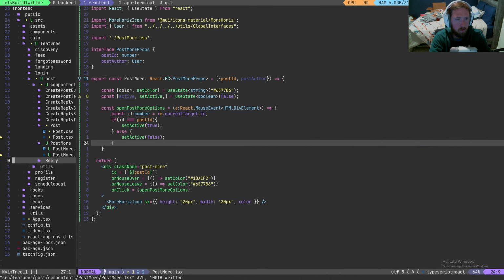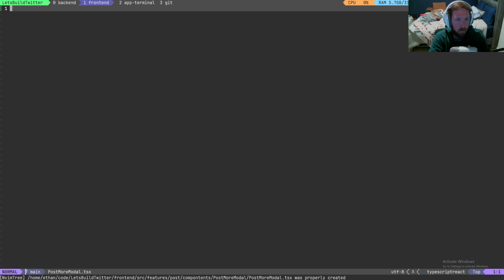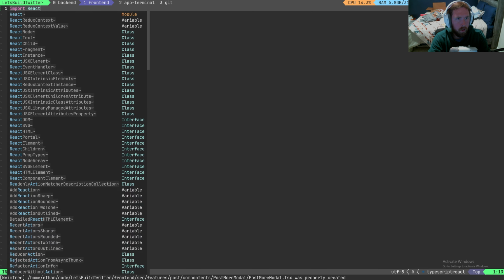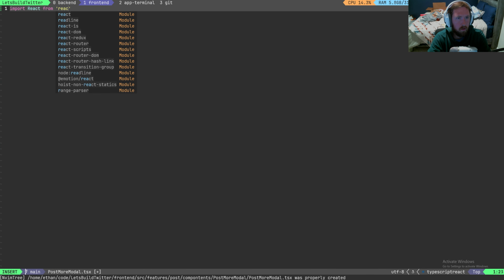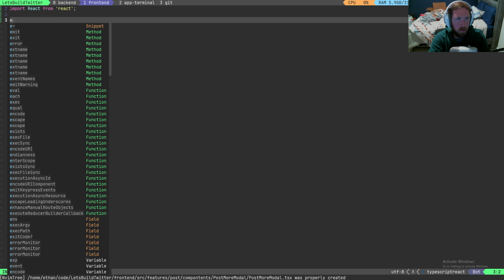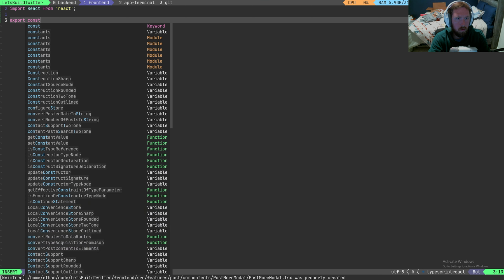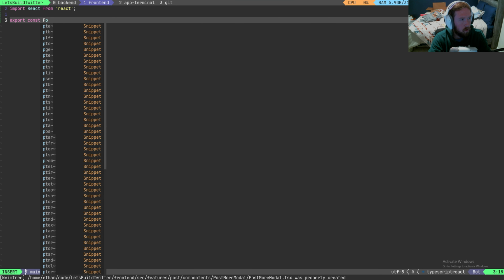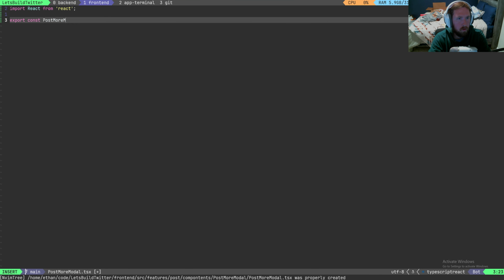So let's go ahead and make a new folder and file. This will be post more modal / post more modal.tsx. Cool. So now, once again, we'll go ahead and import React from React. We might need a couple more things. We'll kind of figure that out as we go. And we'll say export const, and this will be the post more modal